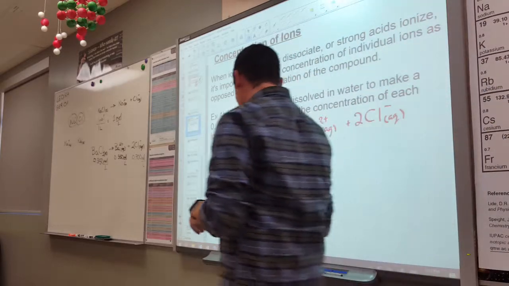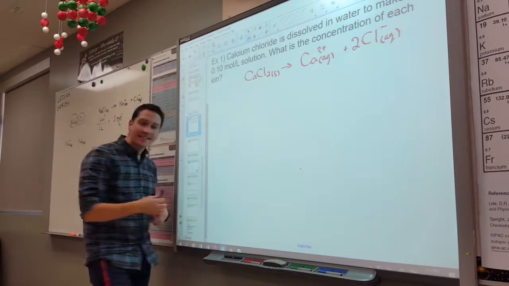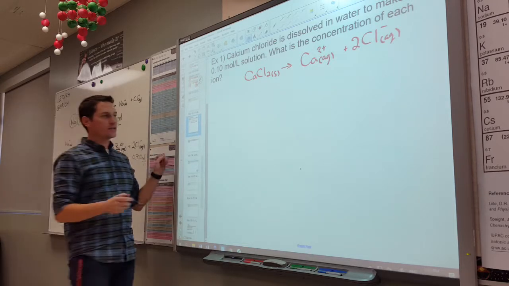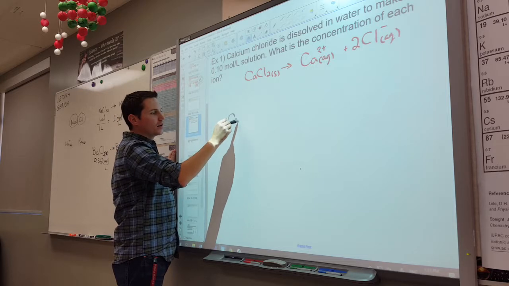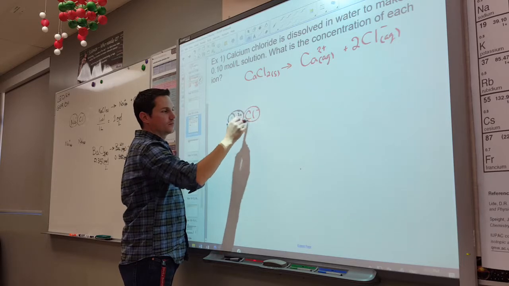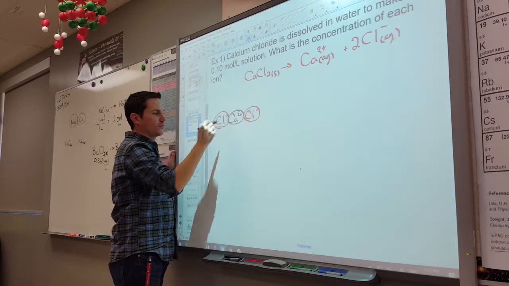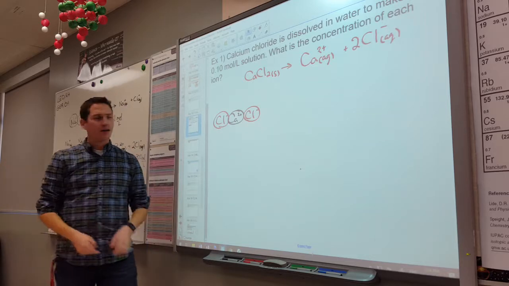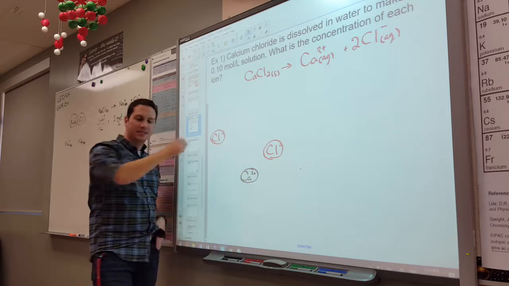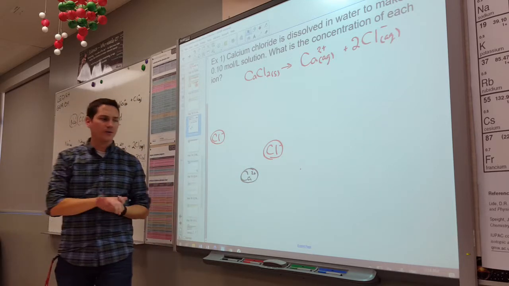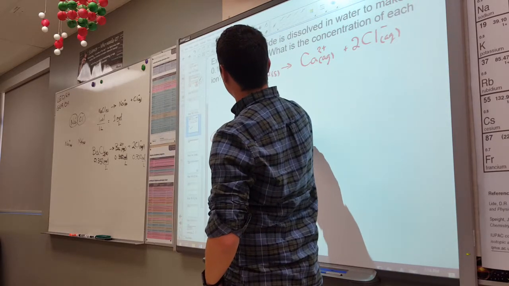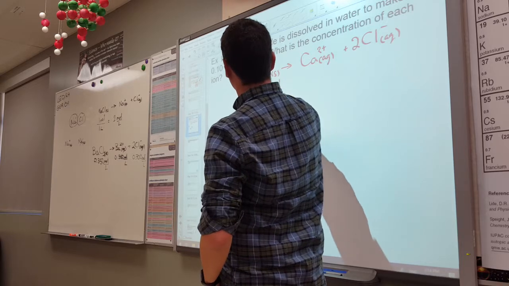So I'm going to draw a picture of this, and it's important for you to keep in mind the reason why we did that Lego activity is so that you have some sort of visualization. When calcium chloride splits up, the calcium gets released from the chlorides, and the chlorides can now individually float around. So if we started with a concentration of 0.10 moles per liter,